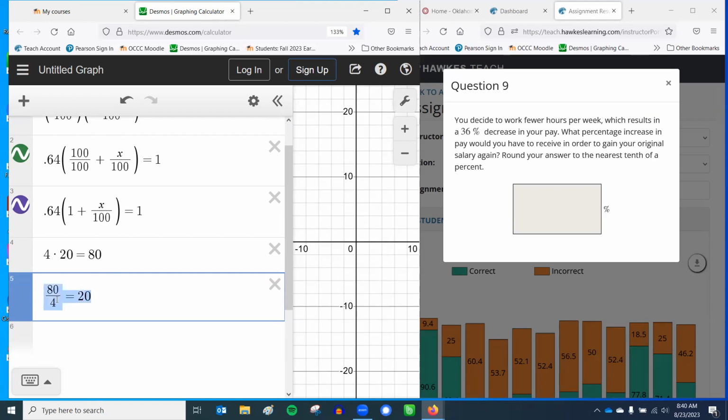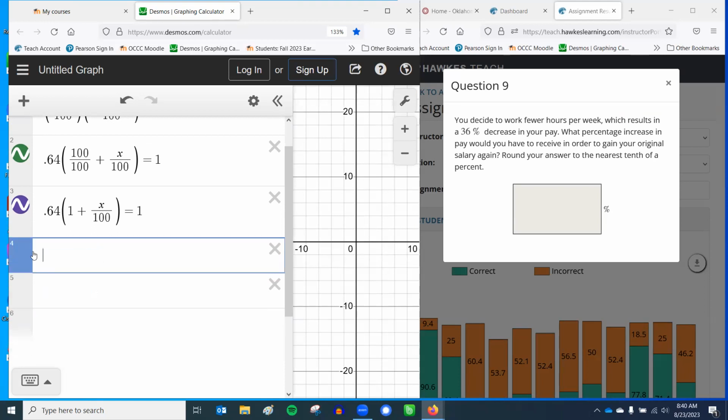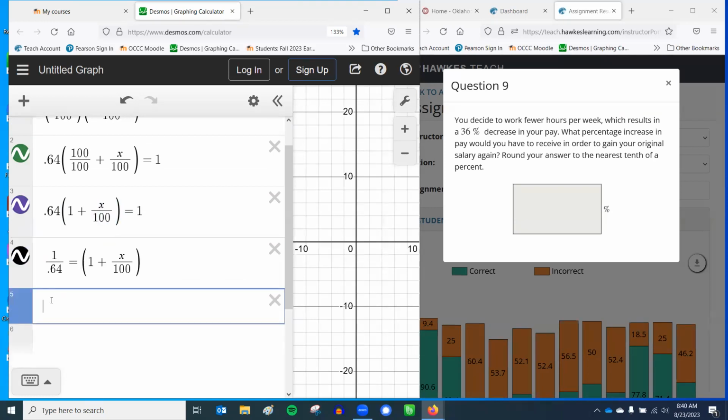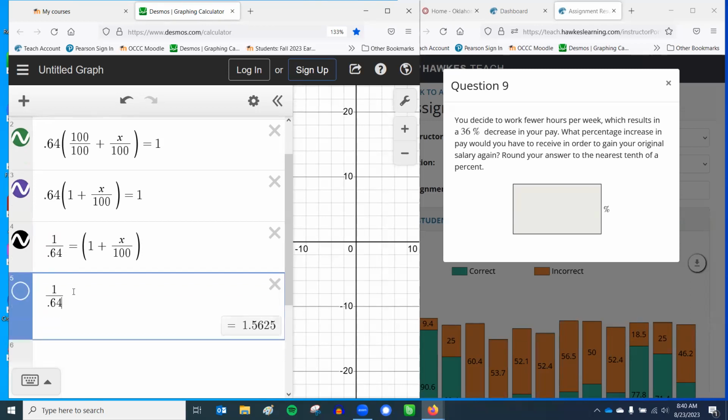So that tells me that this thing above here can be rewritten as 1 divided by 0.64 equals this. Right? 1 divided by 0.64 is that, right? So my new equation is